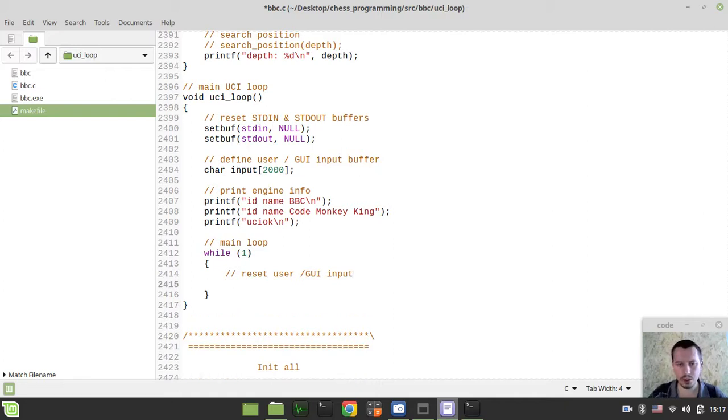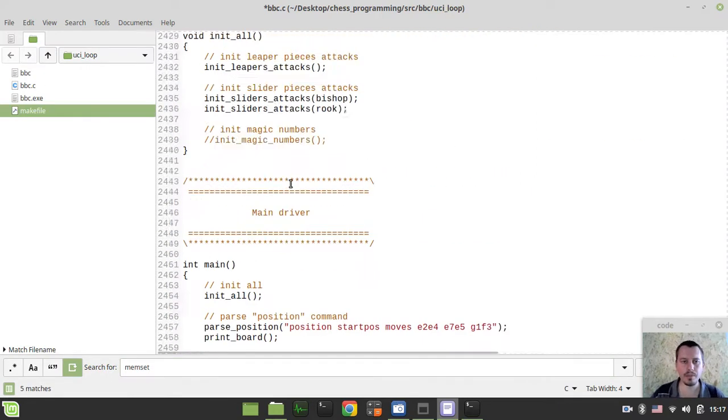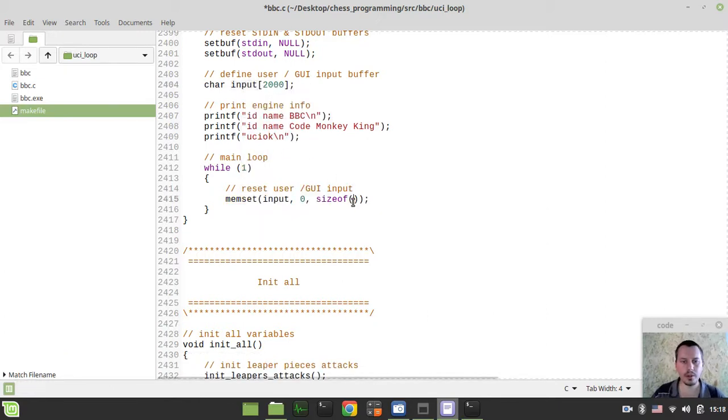So just to clear that up, I would be using the memset function, and the first argument is input, and then I forgot the syntax for memset. Let me see. Then what to set up, so 0, and then the size. Okay, so memset 0 and the size of our input, so of this particular array of characters. Okay,